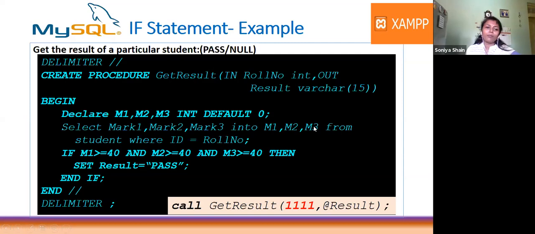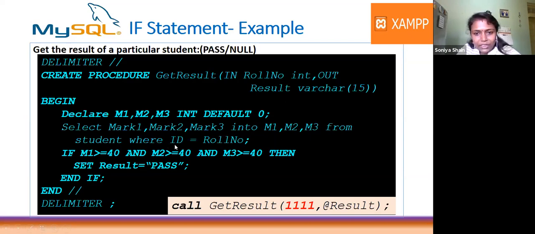Then remember one more thing: how you will use the SELECT INTO syntax. First you have to tell SELECT which fields from the table, separated by commas: mark 1, mark 2, mark 3 INTO M1, M2, M3, respectively. Then mark 1 will be set to M1, mark 2 to M2, and mark 3 to M3, from the table.